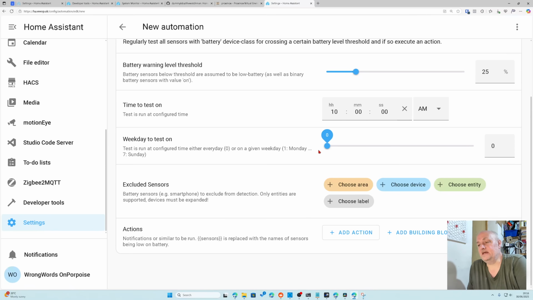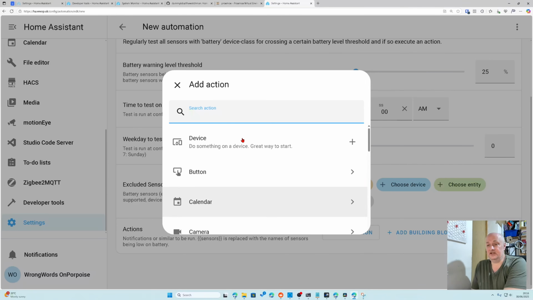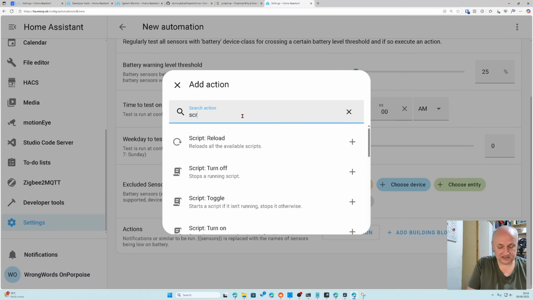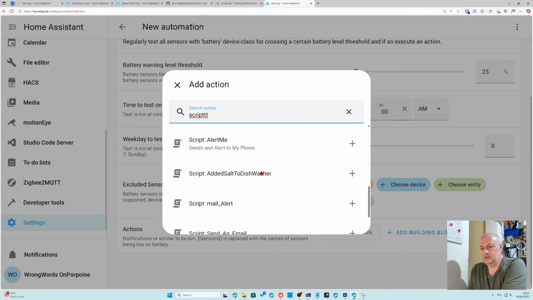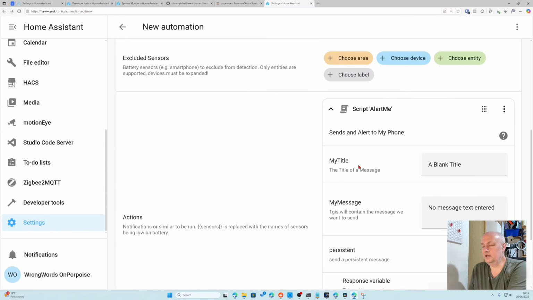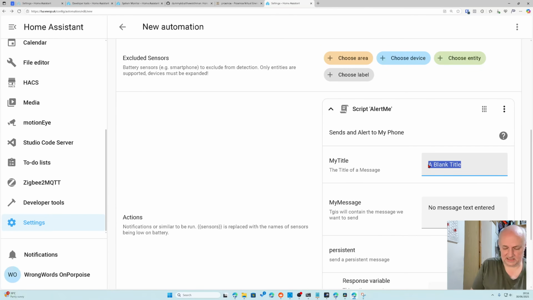Choose areas to exclude. I don't want to choose any. Add an action, and I'm going to use a script. And I'm going to say alert me,